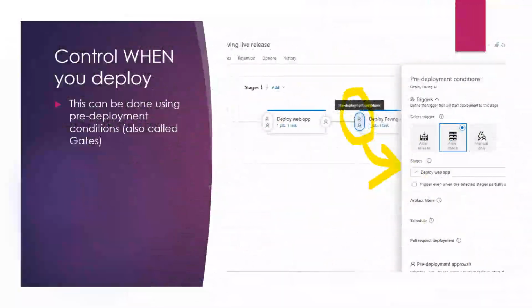Next one is the when. So why do you want to control when you deploy? When you think about it, maybe you have a backend application that runs on a timer trigger every day at 9, and then there's another job that runs every day at 10, and then another job that runs every hour. So with that knowledge, you can have some sort of logic that creates retries in your code, but generally, let's